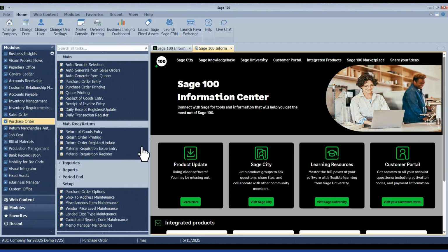Bill of materials also did not have any. There are some production management changes. I don't have that in this demo company, but they are listed in the What's New document that we've attached as a handout here on the webinar. There are some changes to the work ticket templates where you can change how the copy feature works a little bit. There are now ways to do the attachments, or it can be specific to the steps as part of the work templates if you use production management, versus being available on all of them. Revision numbers can now be alphanumeric. So you can look through those if you have that module.